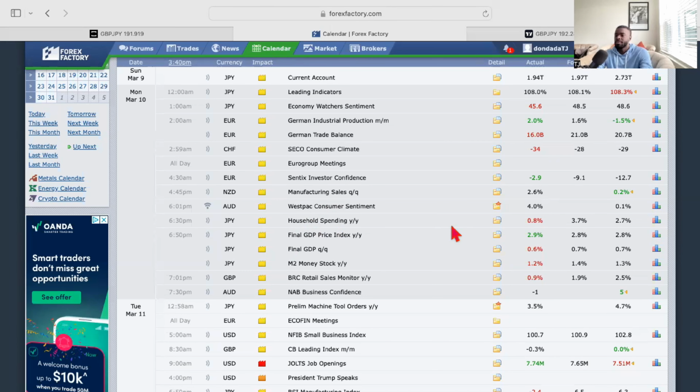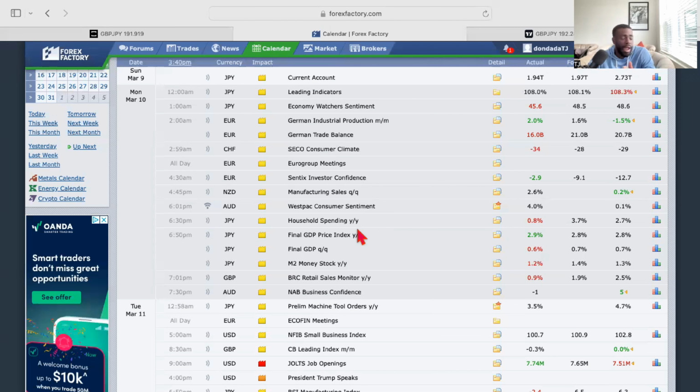Household spending, it's not yellow. I mean, it's not red or orange. It doesn't seem to be as heavily impactful towards the currency, but I like it. This is one of the pieces of data that I actually like. I'm pretty sure I took a position with this news. If not, it's okay. I like household spending. I like knowing